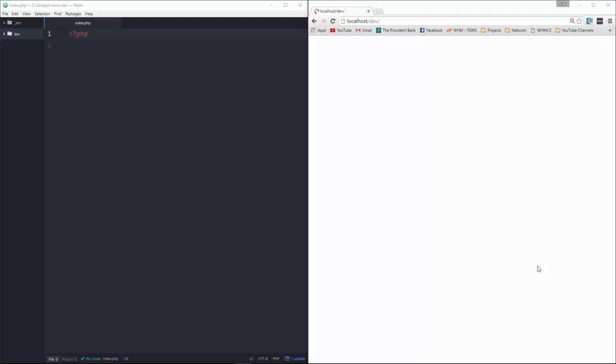Alright, so now we're going to jump in and start to write a little bit of code. The first thing we're going to take a look at in PHP 7 is the Spaceship Operator. It's brand new to PHP 7. It hasn't been in any previous versions. So what this does is it gives us a way